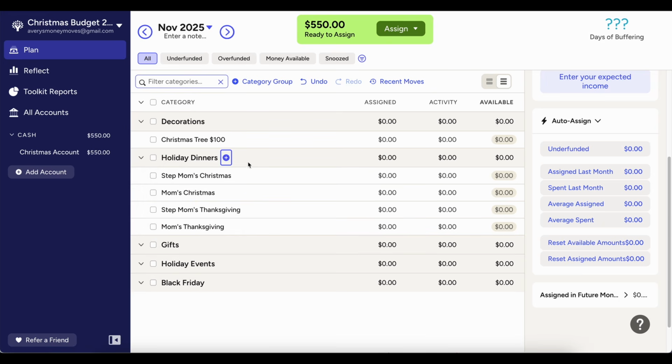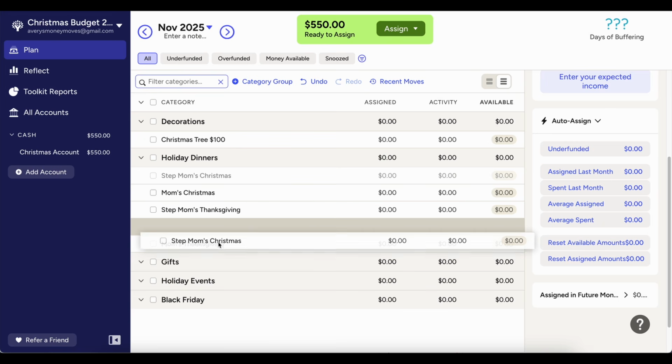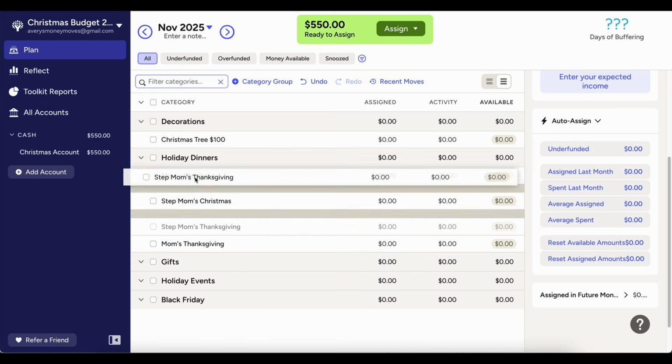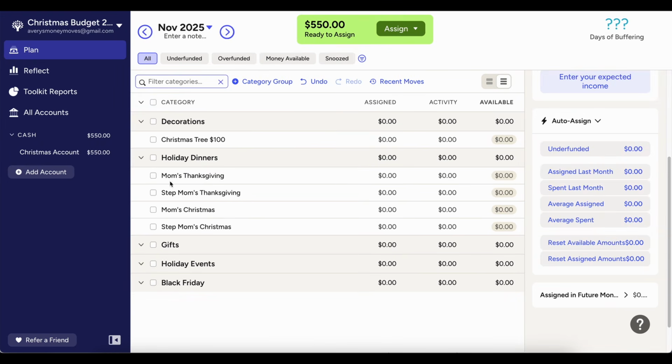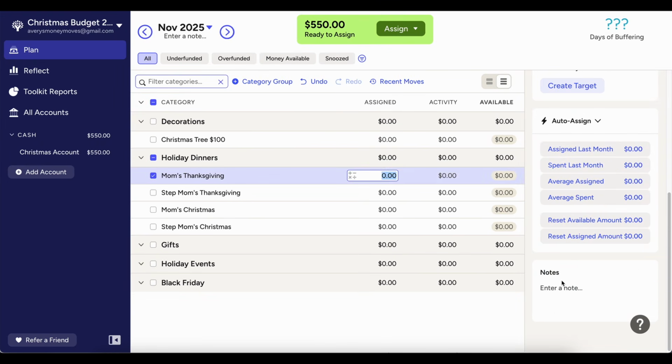I'm going to put these in order like this: mom, stepmom, mom, stepmom. For my mom's Thanksgiving, we have placed a catering order, so I like to deal with the dessert and rolls. I'm going to put those down here.